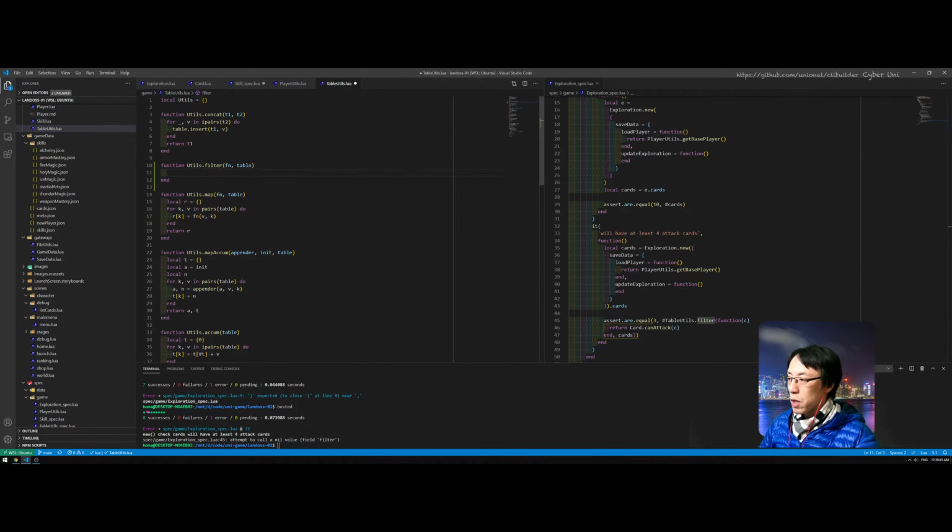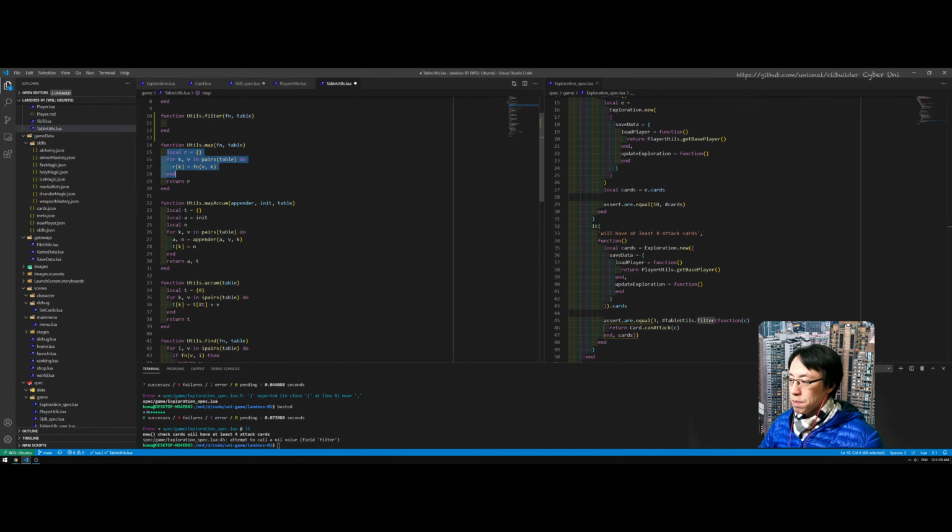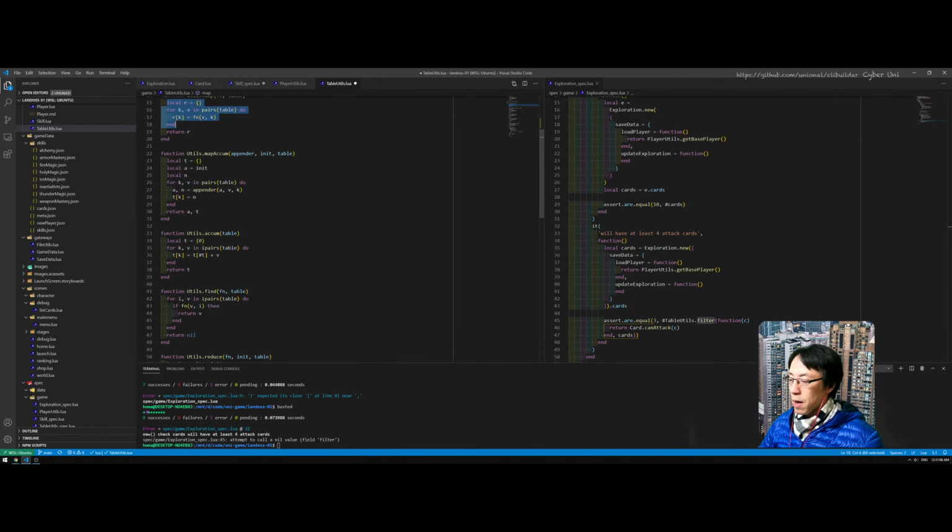Right, so the code is very simple. Of course I can do this. If it's true, then I do that. But